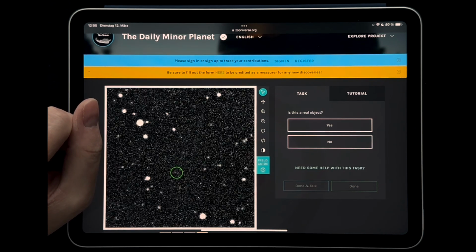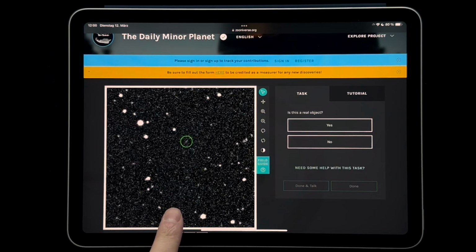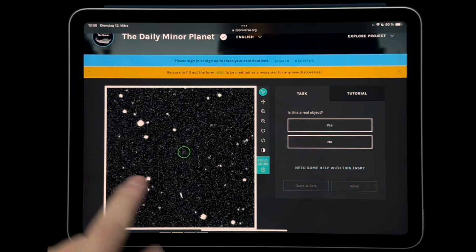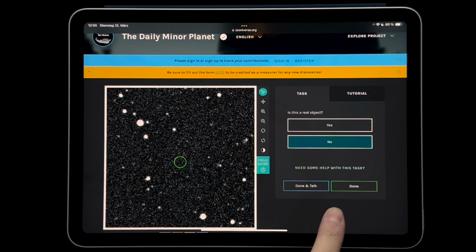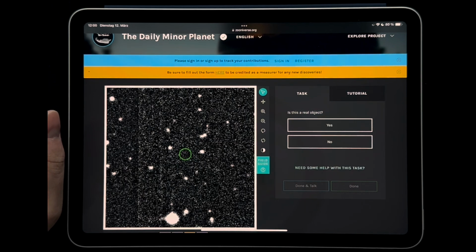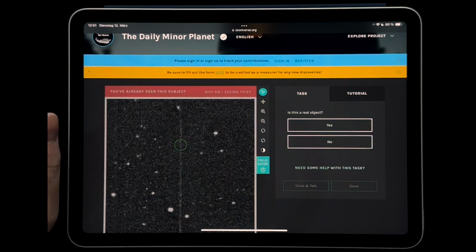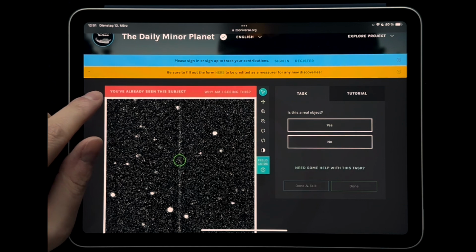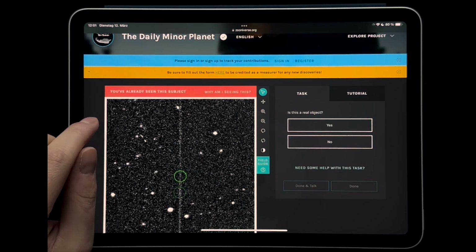I can't see anything here except maybe for the flash of a warp bubble of a faster than light spaceship, but we're not looking for this, right? But I can't see any asteroid. Yeah, nothing here. I just wanted to say, I feel like I've seen this before,